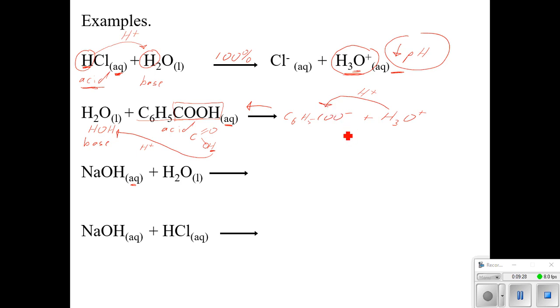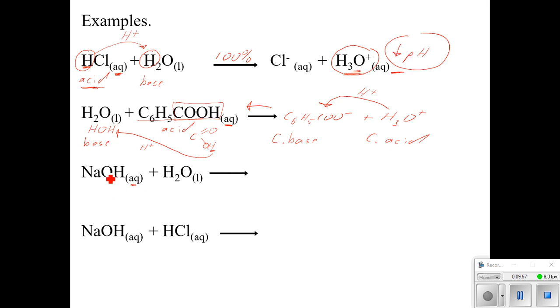Because this reaction can reverse itself, we can say that now the hydronium is donating a proton, so it is actually also acting as an acid, and the benzoate is acting as a base. In this case, because they're going in the opposite direction, we call them the conjugate. I'll just put C for conjugate acid, and the conjugate base on the other side, it's just the straight acid and base. Going on to the third example here,